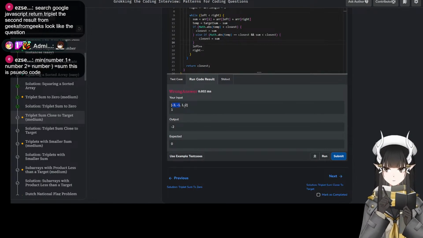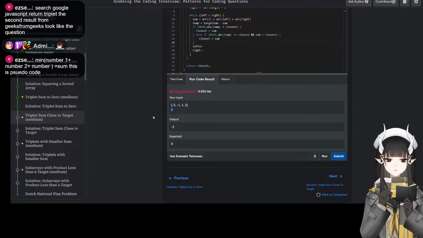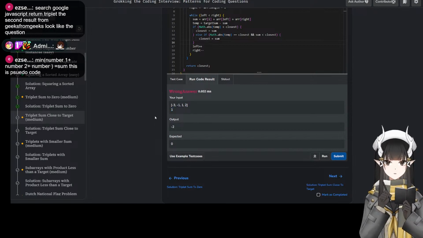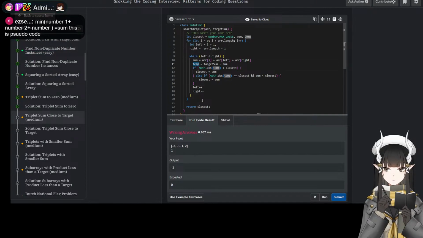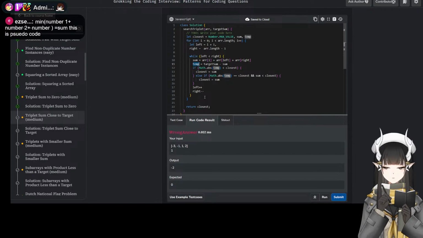So this is -4 plus 2, -2, or -2 to 1. -2 to 1 is distance of 3. Okay. 10 is equal to -2 to 1.